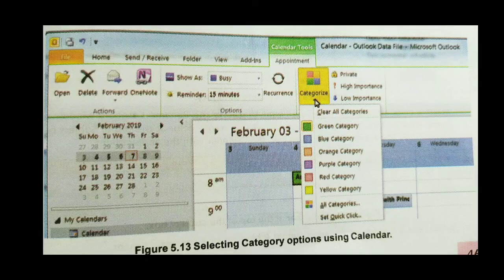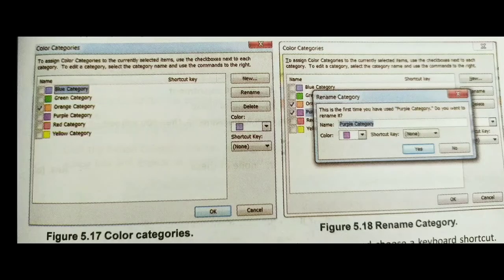Once you provide this, it will show the color categories, and suppose you have created an orange category, it will come as orange. Then you can rename that category also, as you can see in figure 5.18, and then select the color and click on Save, and it will create it.